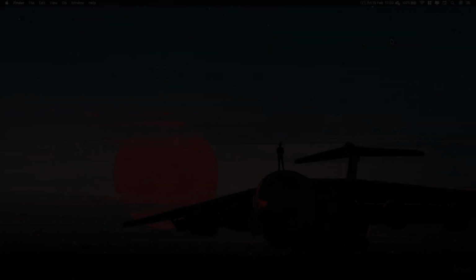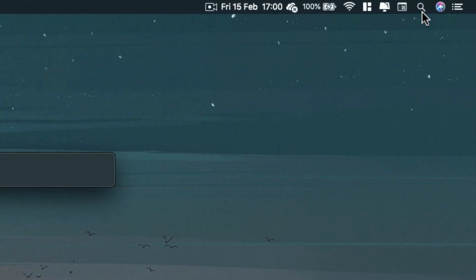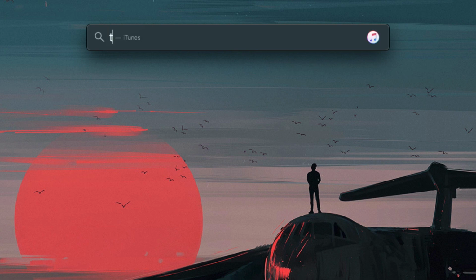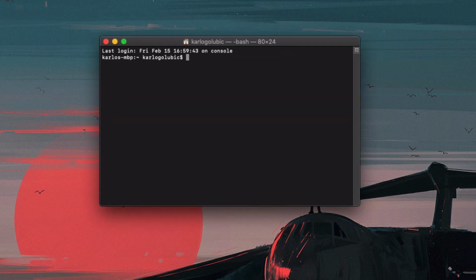So let's go. Okay guys, so first of all we need to open terminal. So go to Spotlight and then enter terminal. Now the terminal is open, so write down this command: sudo shutdown -h +60. So my Mac will go down now for 60 minutes,